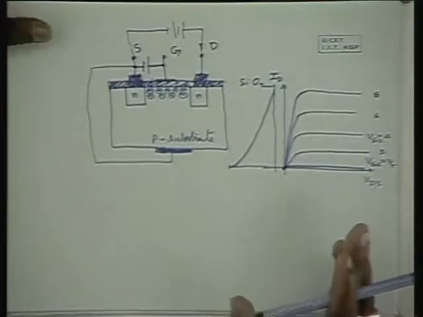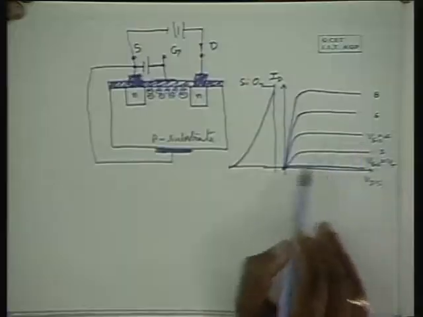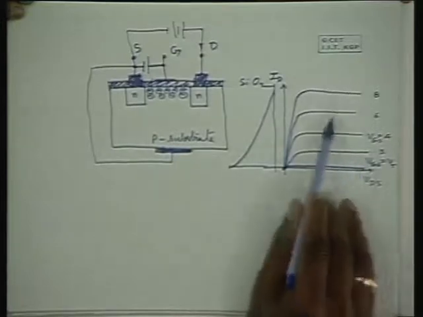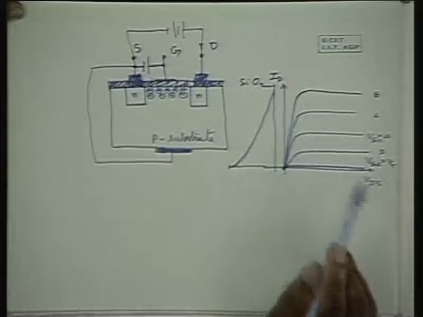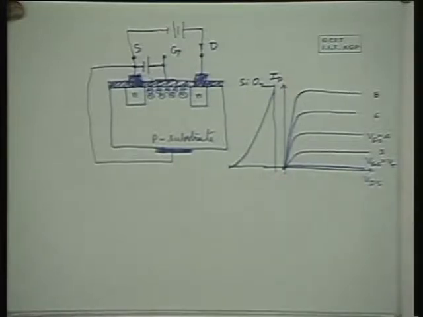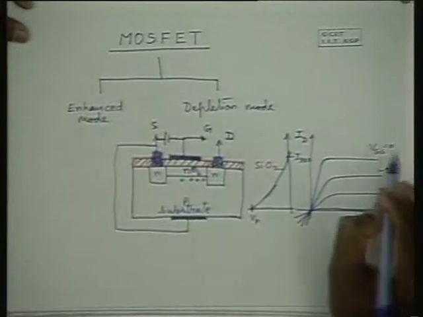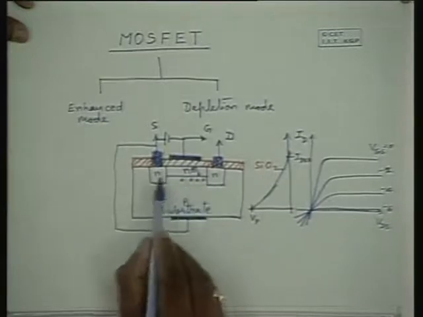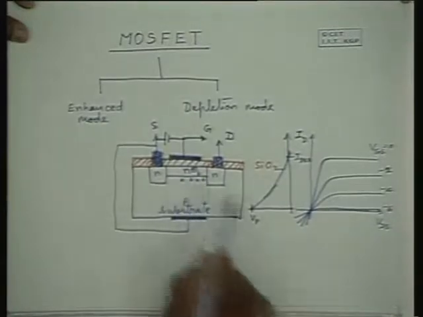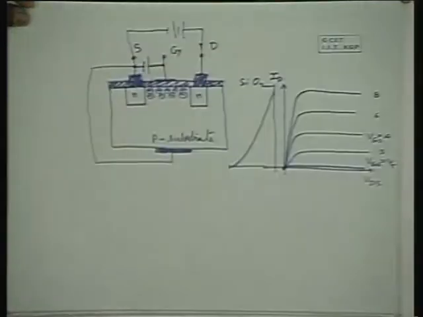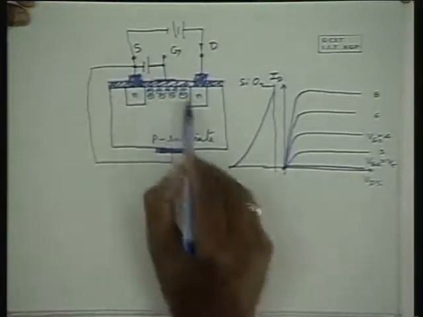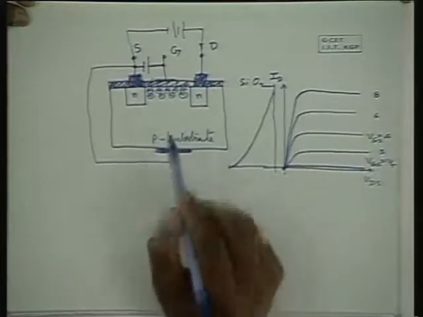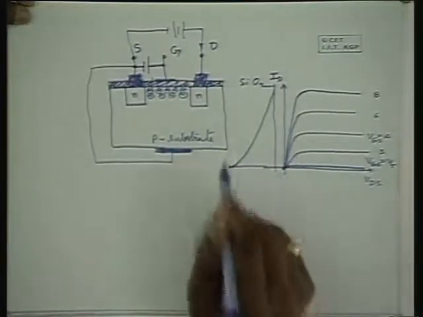Then what is the difference between an enhancement mode MOSFET and a depletion mode MOSFET? Well, the enhancement mode MOSFET works for positive gate to source potentials, and the depletion mode MOSFET works for negative gate to source potentials. How is it possible? Because of the construction, similar to a FET in this particular case, and different from the former in this particular case. Because of the construction difference, it works in this fashion.